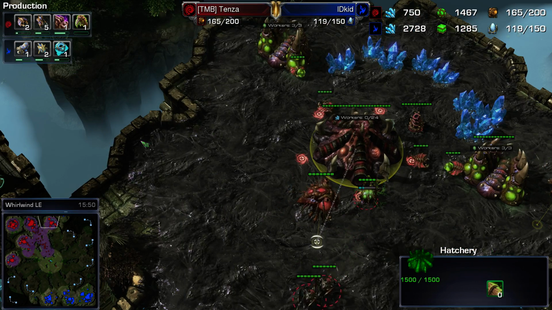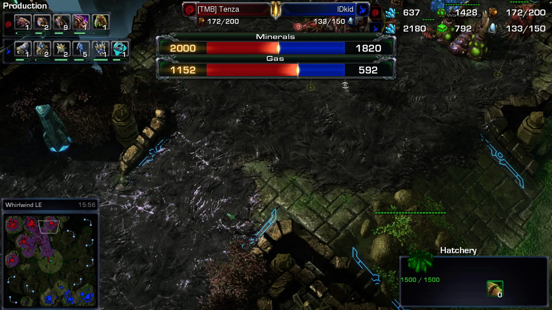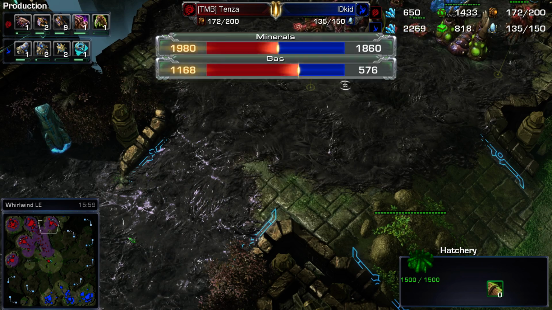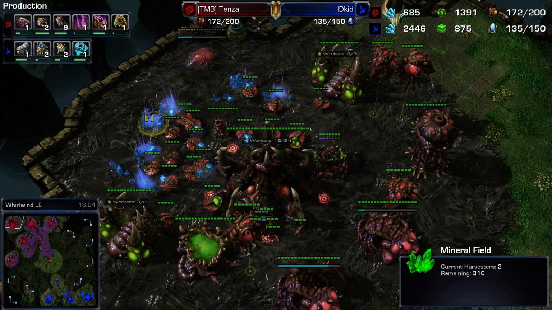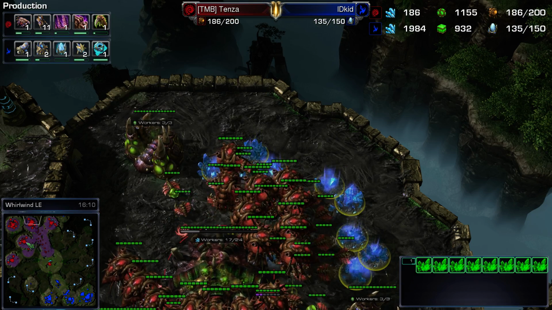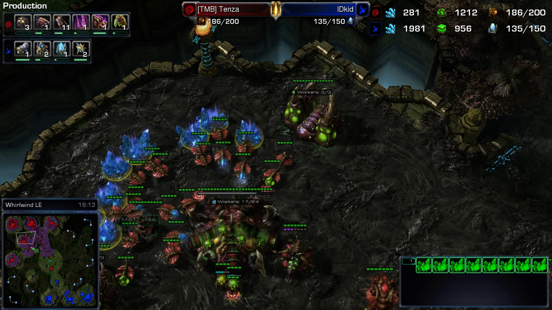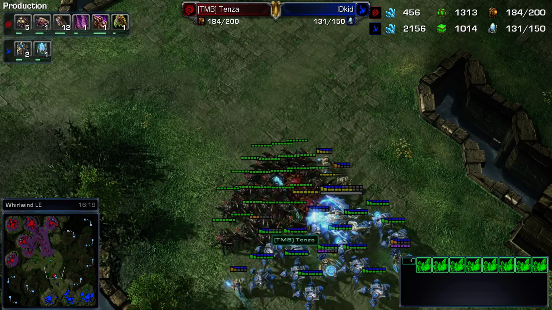But Tenza's macro, we're going to need to get that going a little bit. He is up in just a little bit of minerals, but a huge lead in gas. He's going to need a lot more minerals now. His main is going to be dried up pretty soon. Natural's got a little bit. Third, obviously, A-OK. But these two, he's got 2 more operational bases up, and you can't throw away army like